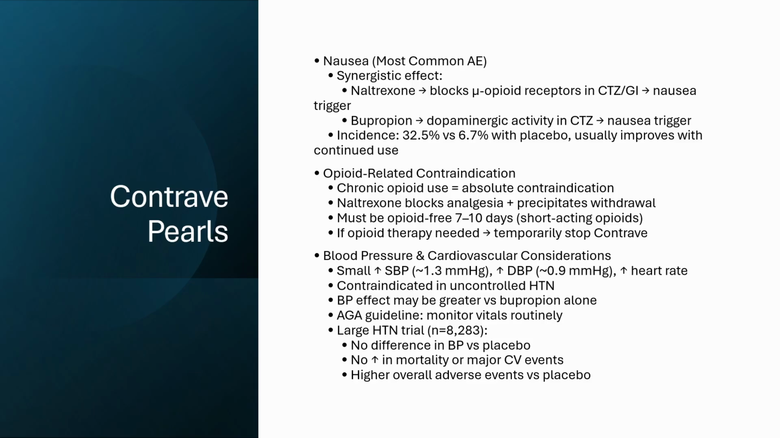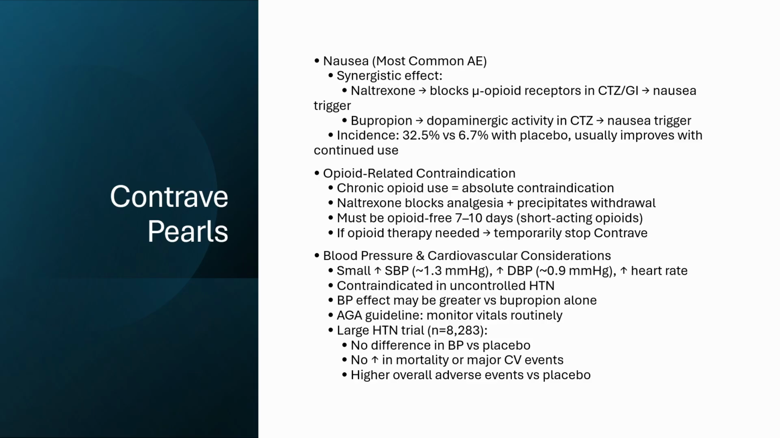Contrave causes small but statistically significant increases in systolic blood pressure and diastolic blood pressure, along with increases in the resting heart rate as well. This is why it's contraindicated in uncontrolled hypertension. Blood pressure increases may be greater in Contrave versus bupropion use alone. The American Gastroenterological Association Guideline on Pharmacological Interventions for Adults with Obesity recommends that all patients on Contrave have their